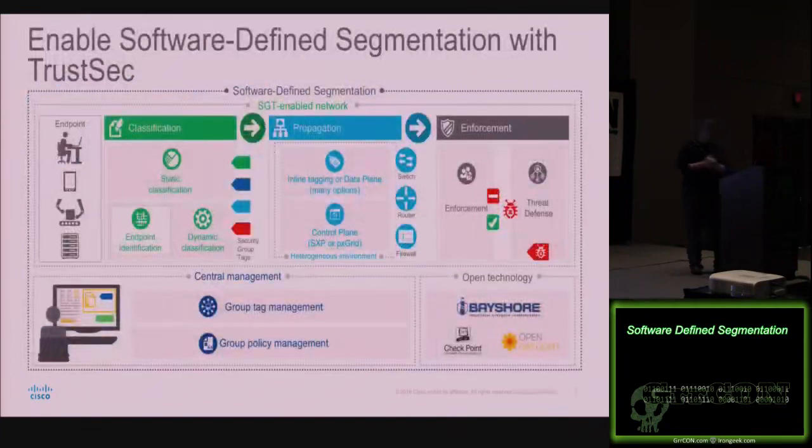Okay, so what are the pieces of this? First off, you have the classification piece. That could either be statically defined, like in a data center, or it could be dynamically classified by having a user log in when they join the network, whether that's from wired, wireless, or through a VPN. Once you assign that security group tag, then whatever policy you've assigned to that security group tag gets